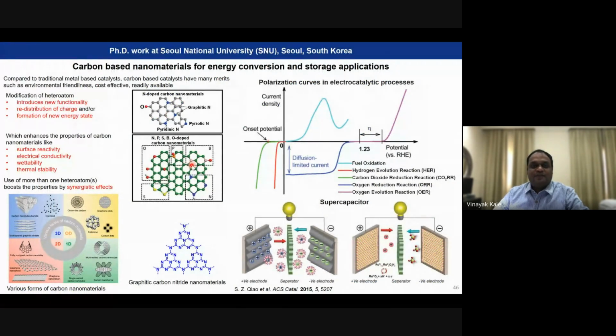So moving to my PhD work, I work on carbon-based nanomaterials. Maybe Dr. Mamane yesterday explained why we work on carbon materials, so I don't want to go into detail about the introduction of carbon materials and their importance. In my PhD work, I applied them for energy storage and conversion applications. For example, in the energy storage device, I used a supercapacitor, and in the conversion application, I used the oxygen evolution reaction,